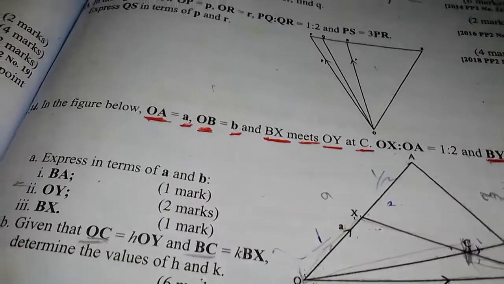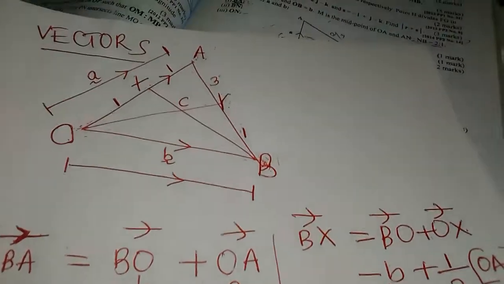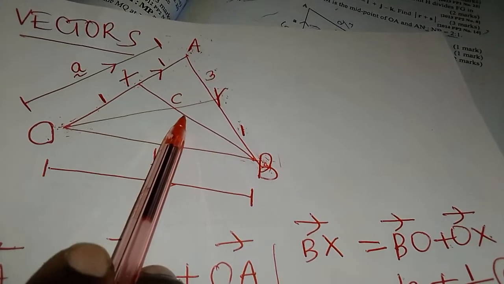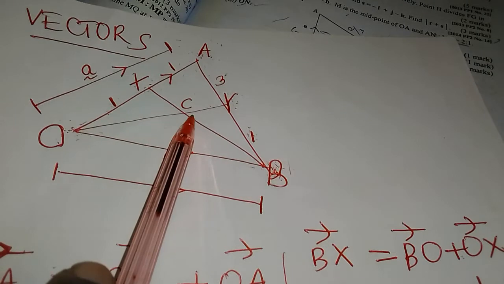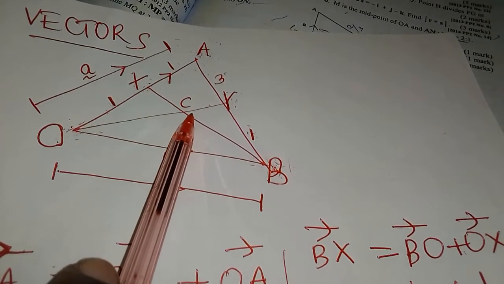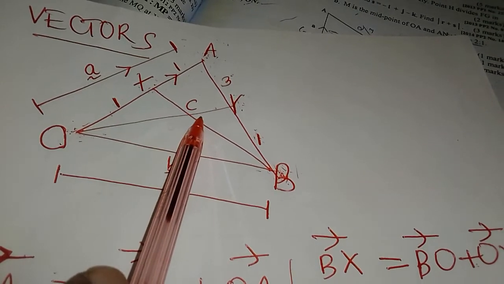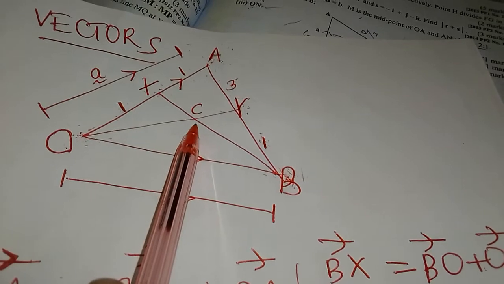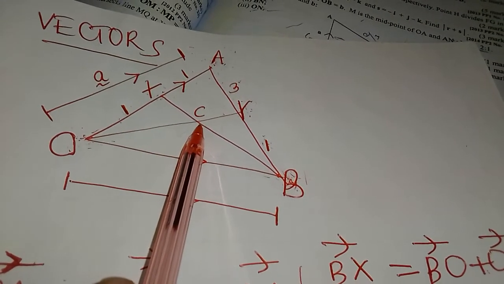There's a hint I want to give you that can help you understand this question and get the right answer without any trouble. What you're supposed to do is always pick this root from your left-hand side to the center to be the main root. In other words, you're going to write OC in two different ways. In most cases, as far as these questions are concerned, always pick OC to be the one written in two different ways.